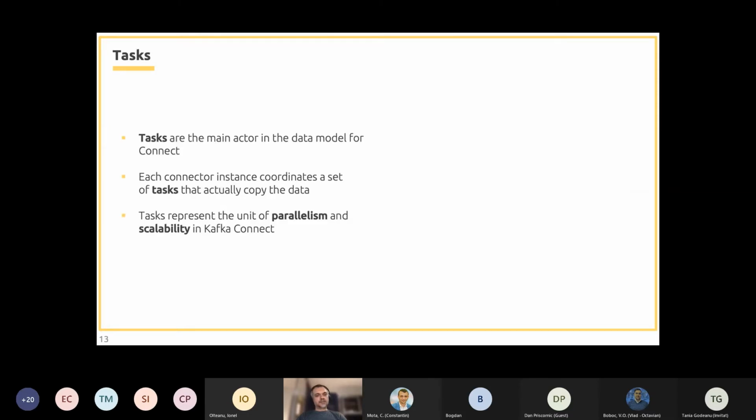Let's talk a bit about tasks. Tasks are the main actor in the data model for Connect. And each connector instance coordinates a set of tasks that actually copy our data.